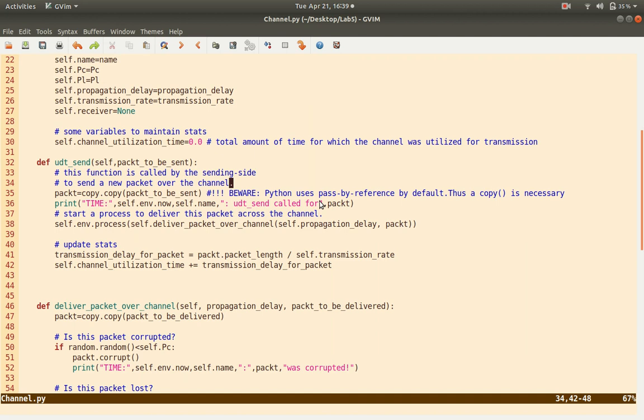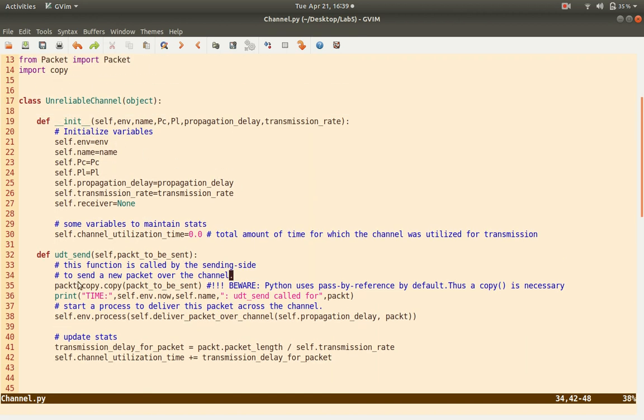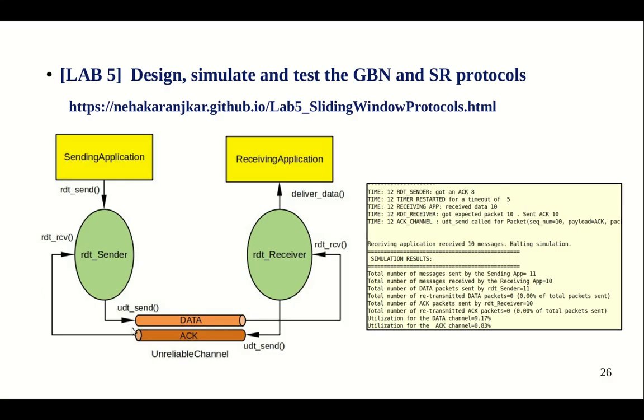Now this channel has a function called send, which is called by the RDT sender. Let's look at the template again. This is the template. The channel has a function called UDT send. Who calls it? The RDT sender calls this function. Similarly, the ACK channel has a function UDT send, which is called by the receiver. This is a function which is called to use the channel to send a packet across.